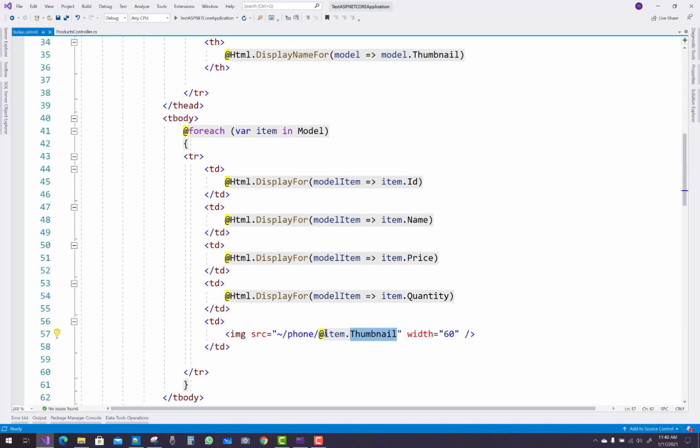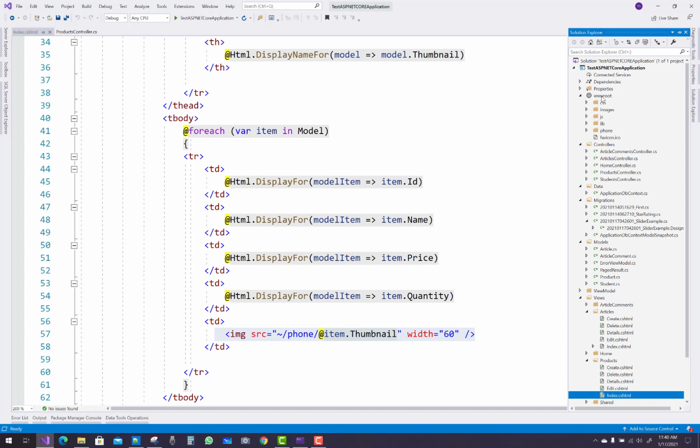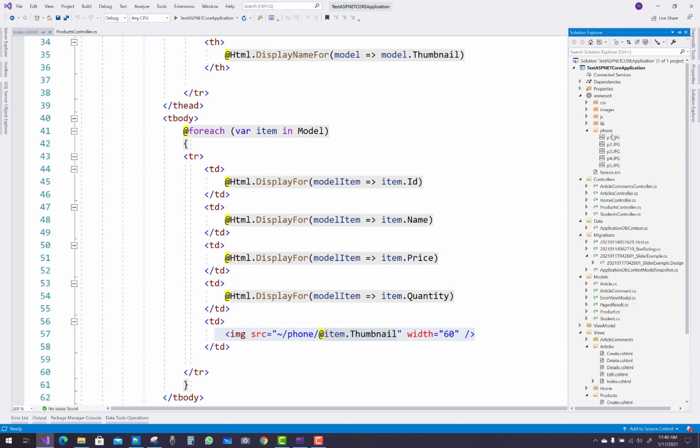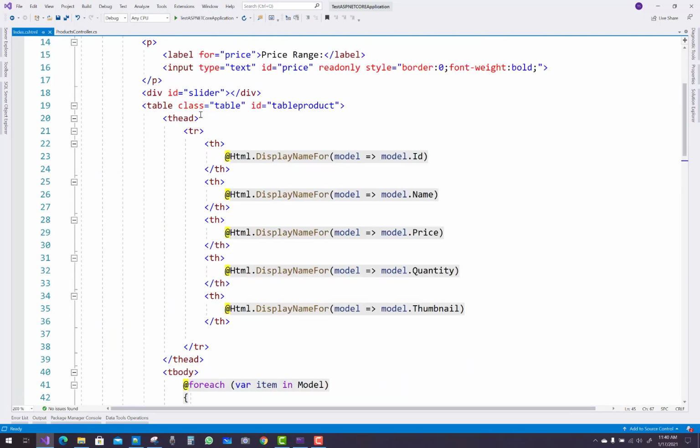That is the scaffolding. With the image tag helper, you can load your image from the database table. We have images in the phone folder in wwwroot, like p1.jpg. After that, give an ID property to the table, the product table.